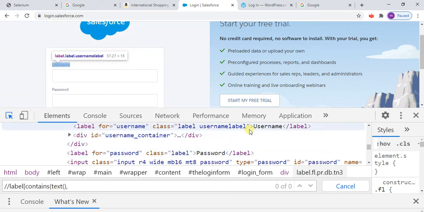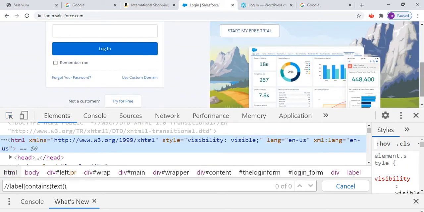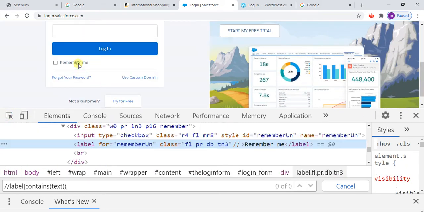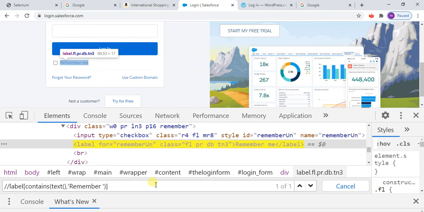Then you go for the text called remember me. I will take only half of the text, in single quotes. Then close it. See here, you got one of one. Suppose you want to take the entire text, it will also work.